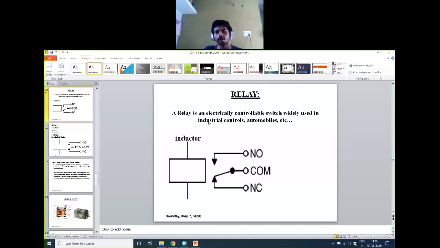So that high voltage devices are at your home, like you have in your AC supply, right? You don't see, and even this relay is also used to switch DC devices, like high voltage DC devices. So when you want to switch high power devices using low power devices, in that case we use a component known as relay.